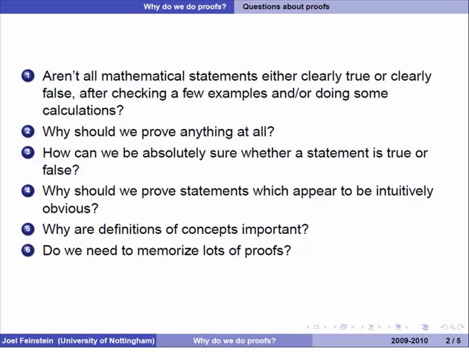What I think you need to do is understand how to do proofs. You need to be able to understand how to do the routine parts of proofs. And then all you need to know is the unusual ideas, those particular tricks that you wouldn't have thought of for yourself. And there's far fewer of those than there are routine types of proof, at least in the modules I'm going to be teaching in second year. Perhaps in more advanced modules, you need more ideas. But in the proofs in second year modules, there aren't so many ideas. It's mostly automatic proof with a few interesting ideas that you really need to know.